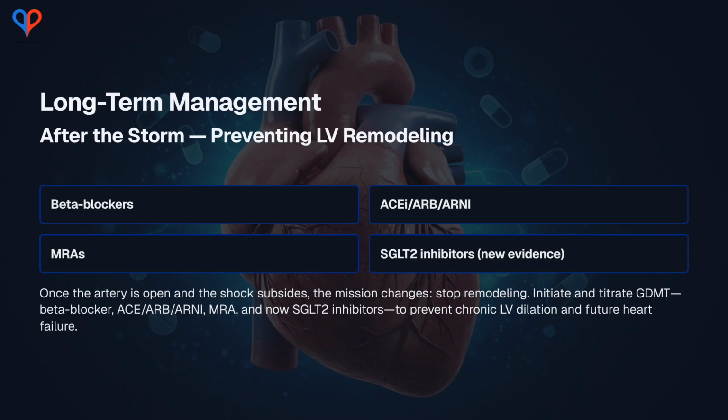A mineralocorticoid receptor antagonist to further modulate neurohormonal activation. And, in contemporary practice, an SGLT2 inhibitor to provide additional cardioprotective and renal benefits. In patients with large apical infarcts or documented LV thrombus, anticoagulation may be indicated to prevent embolic stroke. Over the subsequent weeks to months, repeat echocardiography helps assess LV recovery, guide ICD candidacy, and refine the heart failure